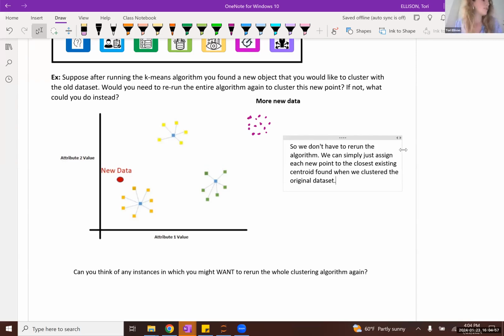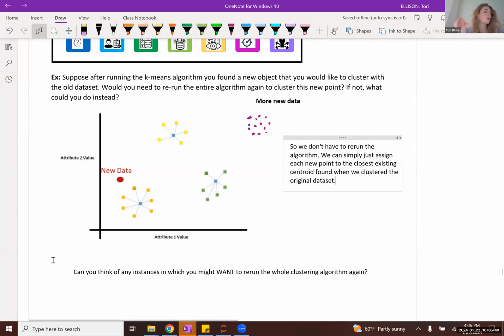Now the question is, do we need to calculate a new centroid for the existing cluster? You could do that if you wanted to. First you could assign each of the new observations to their closest existing centroid. For instance, you could do the cluster assignment step all at once for those new observations. And then furthermore, if you wanted a more accurate centroid that better reflected the existing clusters you now have with the full data set, you could recalculate each of those centroids again, if that's what you wanted to do.